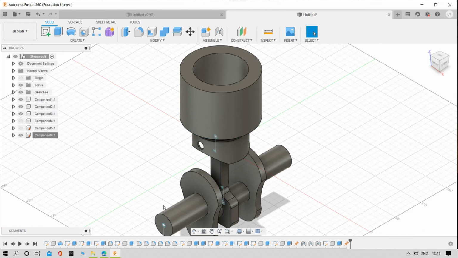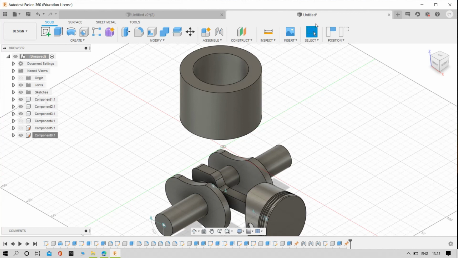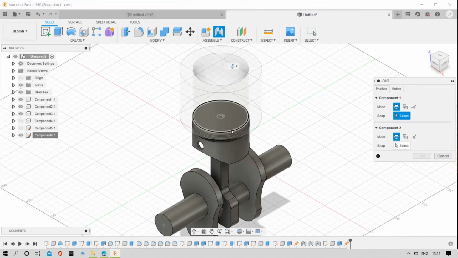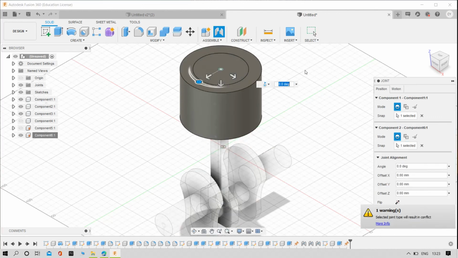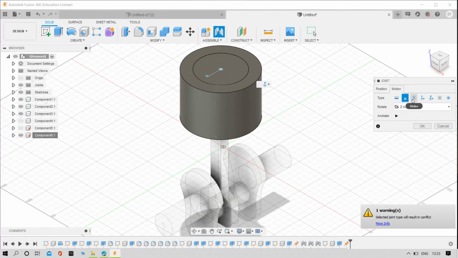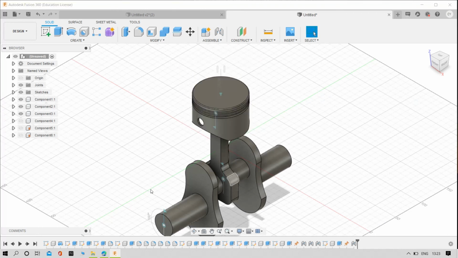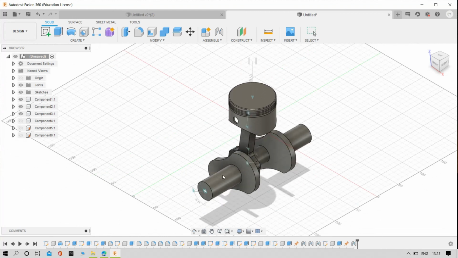If you try to rotate the part, yes, it is rotate like this. Original position, and then try to select the joint, select this line, and then here make it a slider. Yes, perfect. Click OK, and then make this one also hide. Now we can rotate the assembly of connecting rod and piston also over.